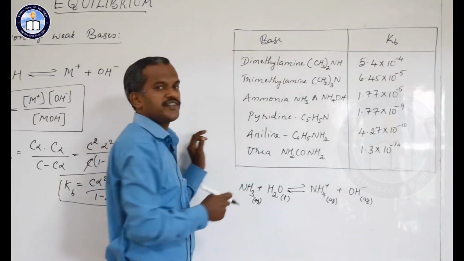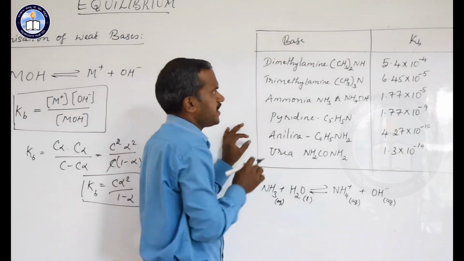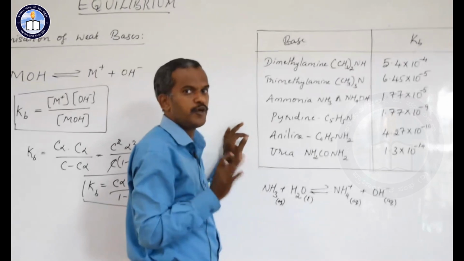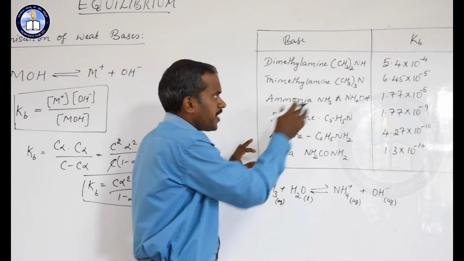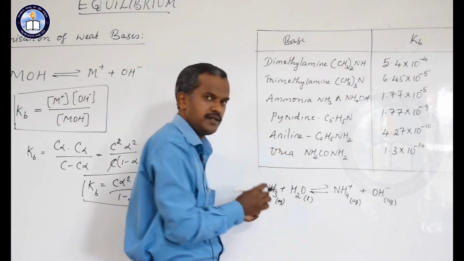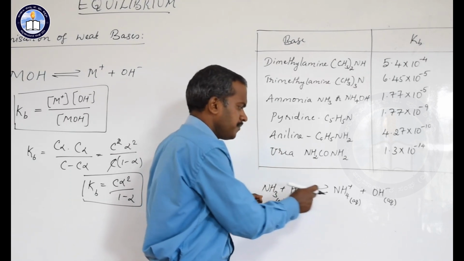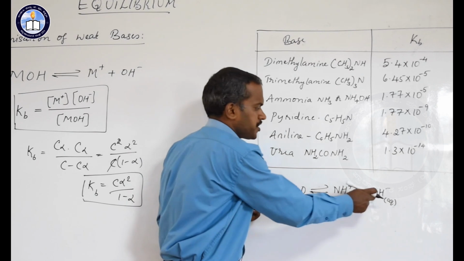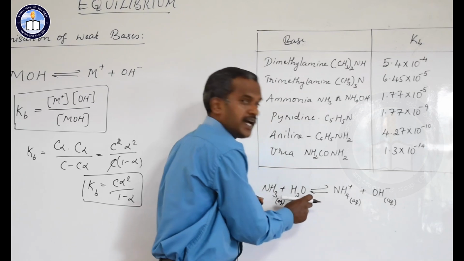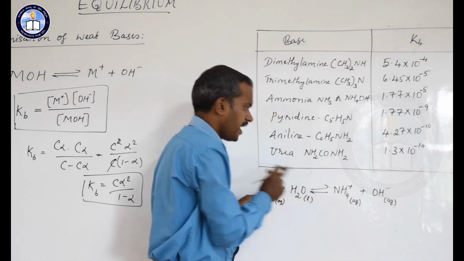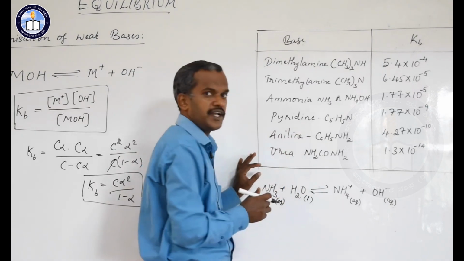Now look at some of the values of dissociation constant for some of the bases. When you look at this, you will understand all these are derivatives of ammonia. We call them different classes of amines. Before I tell you the values, I'll tell you something about ammonia, how it acts as a base. When ammonia is added to water, or in an aqueous solution of ammonia, it dissociates to give ammonium ion and OH minus. Since it produces a hydroxyl ion in the aqueous medium, ammonia acts as a base.